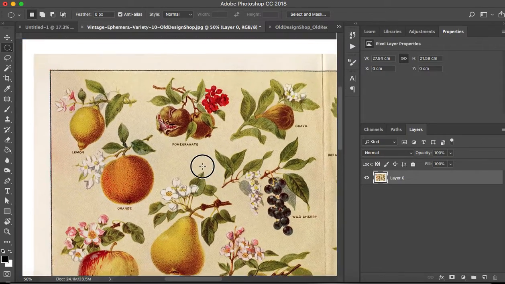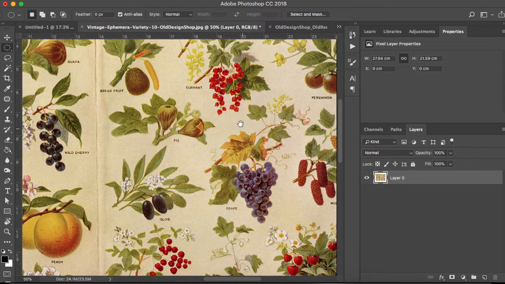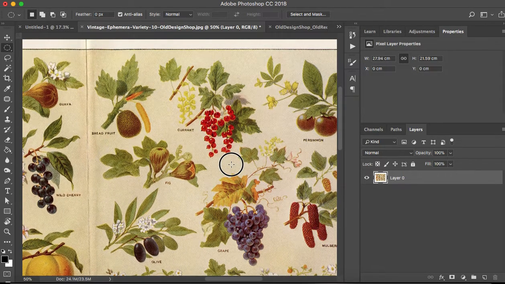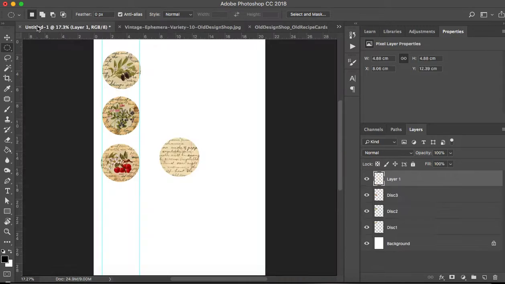Have a little move around, see what I fancy for this one. I think I'll go for the currants. So I've still got my marquee tool selected. I'm going to hold the shift key down and drag out my circle. Use my arrow keys to move that selection a little bit. Command C, go back to my page, Command V,